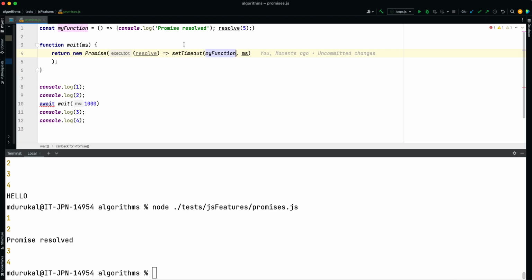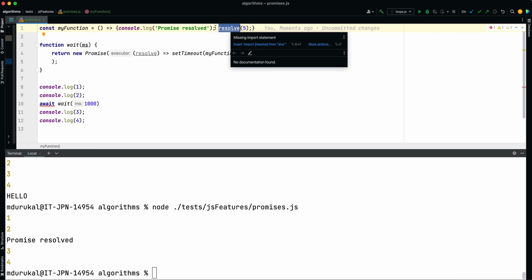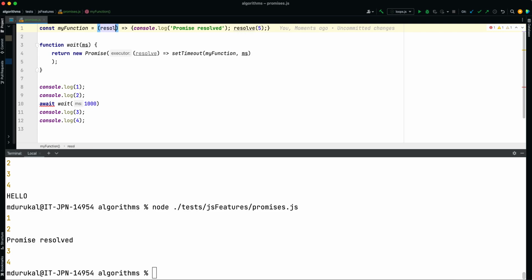all right. So how setTimeout works is, first of all, I need a callback and then I need the timeout duration. But in this way, the promise would not be resolved, right? Because I have to somehow resolve it. I try to do that inside my function, but it's not defined, so I have to pass it as a parameter. But since this is a callback, I cannot pass my parameter. So how I can do that is a very little trick. Just use the array notation,